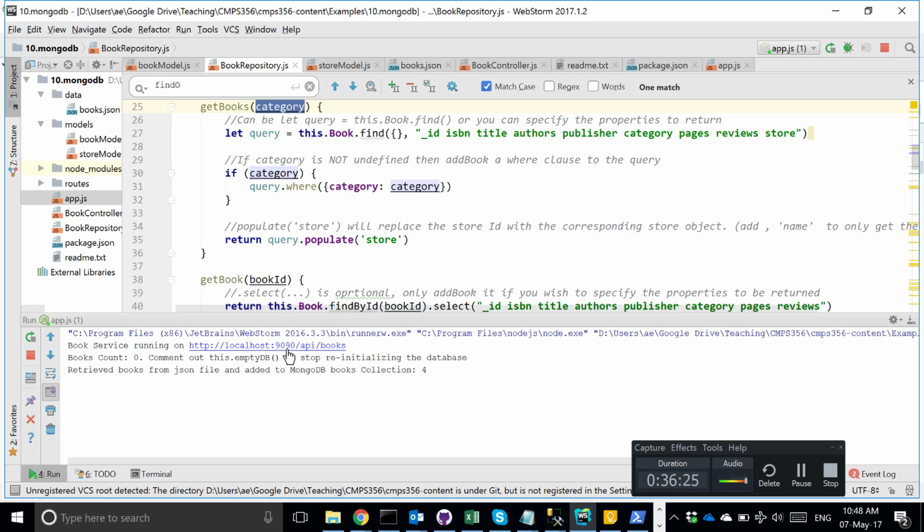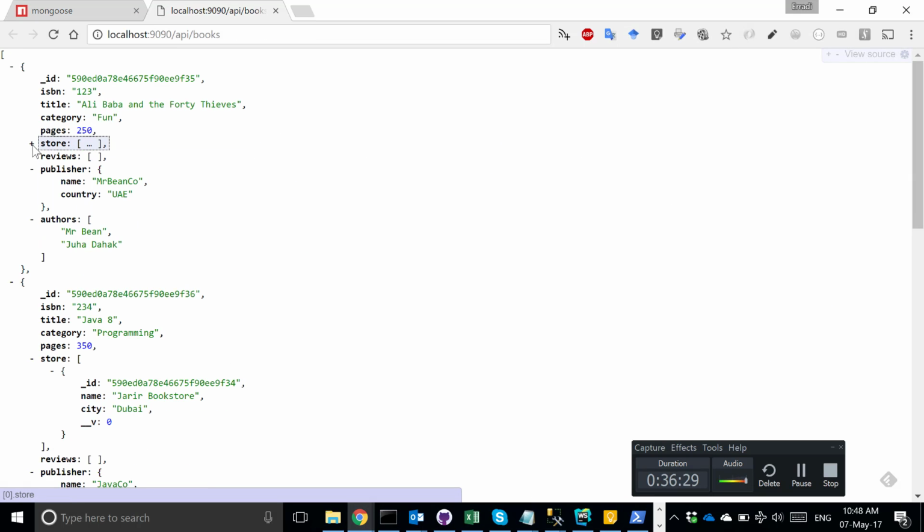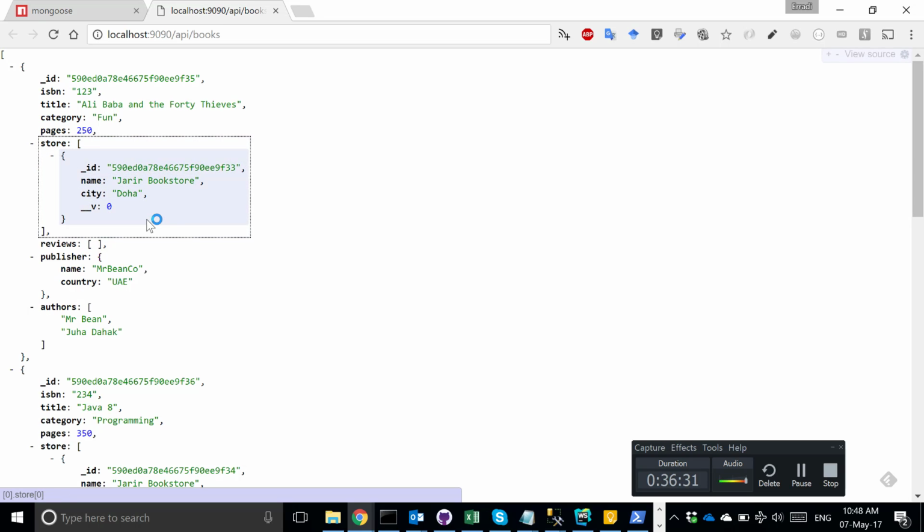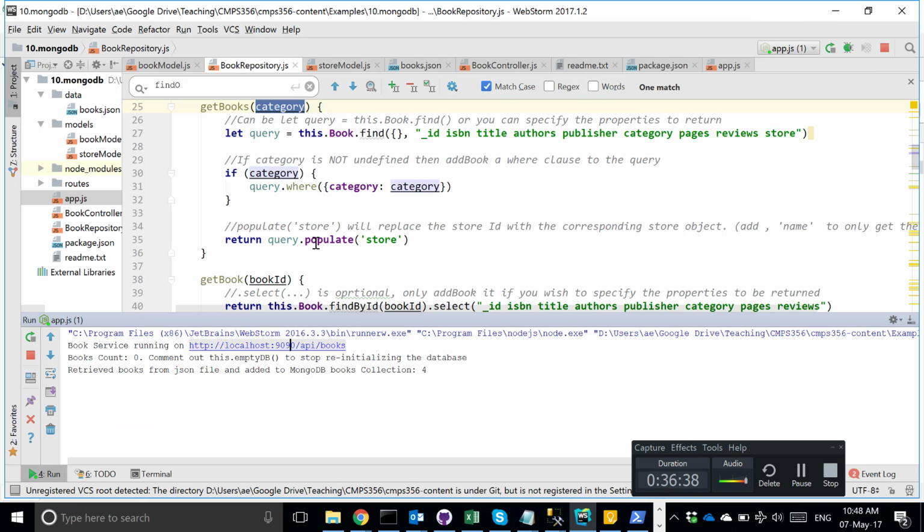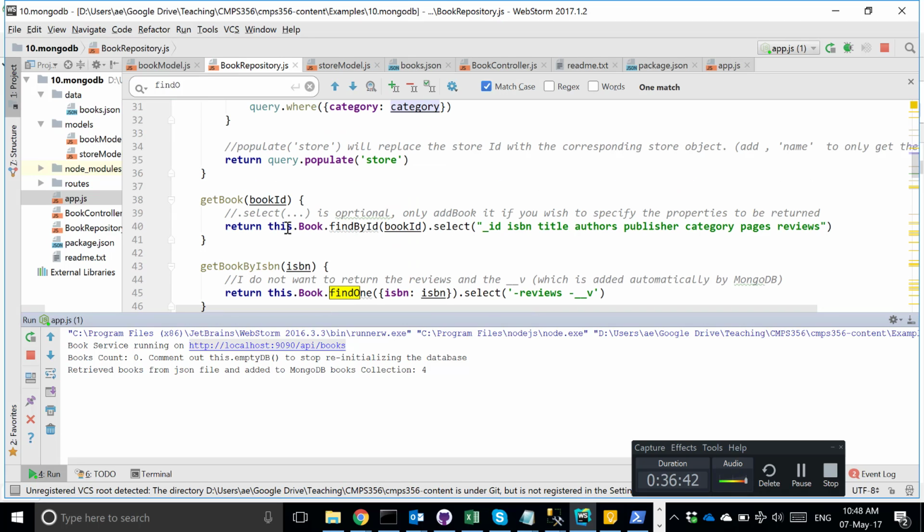So if I go here, have a look. When I go to this API, you see the store is the full details of the store, not just the ID. So how do I fill up the store details? I fill them up by calling this method called populate. Okay, now if I want